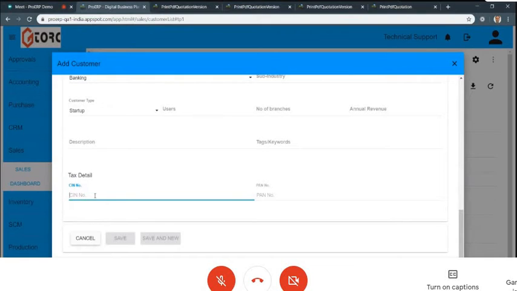The only thing is that in the workflow, the person has to go to the CIN field first.